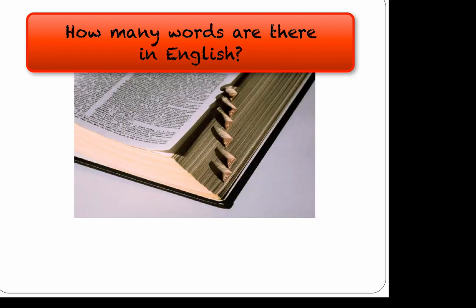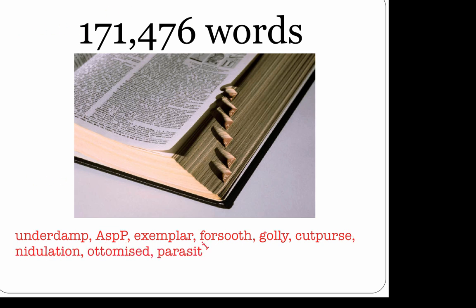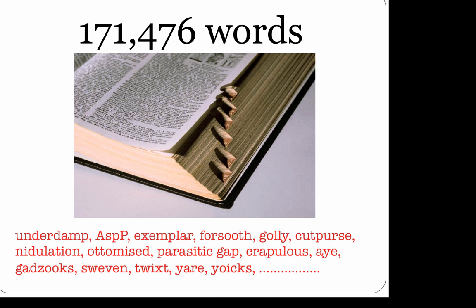It's actually not easy to count the words of a language, but in the second edition of the Oxford English Dictionary there are 171,476 full entries for words in use and another 40-some thousand obsolete ones. That's a huge amount of words. Of course, as a speaker of English, you won't know all of them. Some are so specialized that they're only used by a specific set of people, and some words are old and no one uses them anymore.